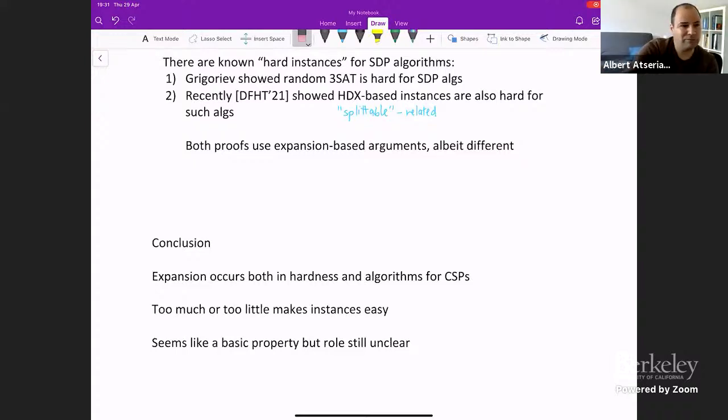So if I may ask a question. You told us this story about Alon and Kahale's algorithm, how it started with random instances, and then people started to see what pseudo-random properties you need that are enough to get your algorithm, right? You also mentioned random 3-SAT, and we had some talks about random 3-SAT. And there the focus has also always been on studying the structure of the solution space. But they always do this on average. So it's really random 3-SAT. They analyze the structure of the solution space on average. So what is the typical solution?